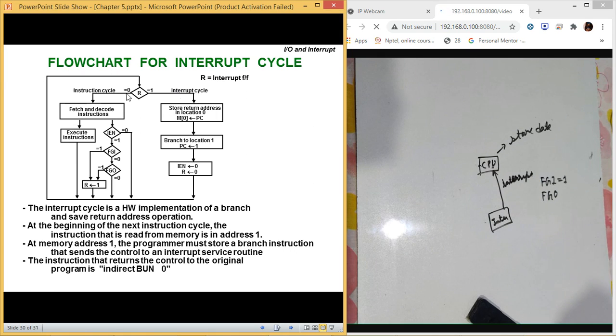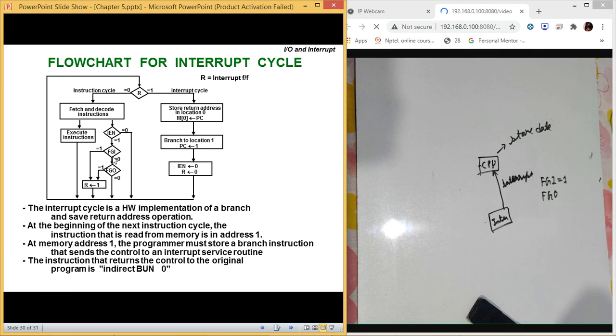So that is what it is doing at this place. If FGI is 1, it makes this R value 1 and shifts to the interrupt cycle. And in this interrupt cycle, it is storing the value of the program counter at memory location 0. Whatsoever is the program counter value, it will store it, then branch to that location which is mentioned inside the interrupt, execute that work and return back to this place.